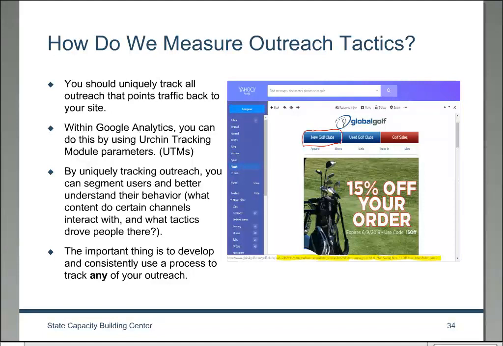It's going to be really hard to read what's highlighted in yellow, but they use these UTM parameters, and what they track is every specific click on an email. If you moused over every single one of these, each one changes a little bit. What that gives them is the behavior: when you're sending out an email, you can better understand what people are interacting with and what content they click on, and it gives you a better way to do more detailed testing.